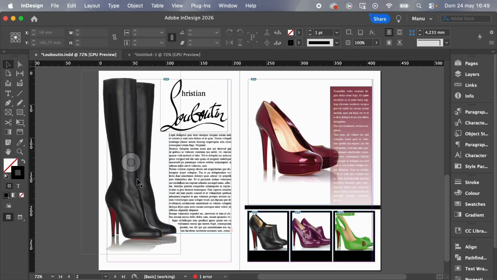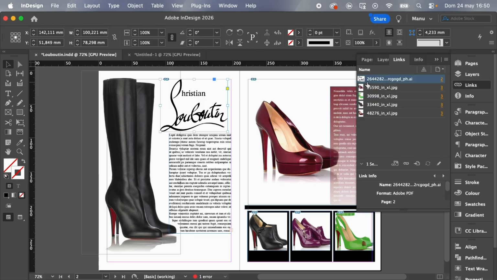So, going back to the original file and focusing on the left page, we check that we have here 3 elements. One image, another graphic, which actually is not an image, is a vector. If I go to links, you can check that the extension, the format is AI.